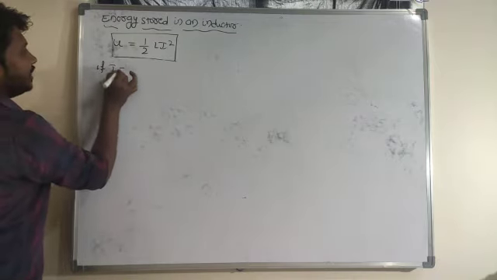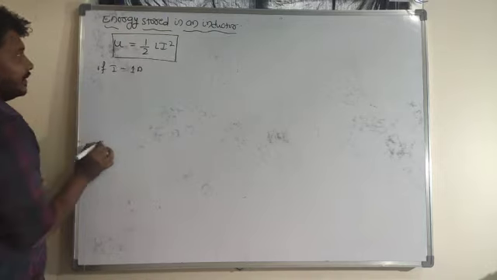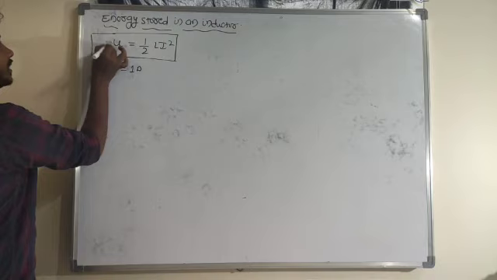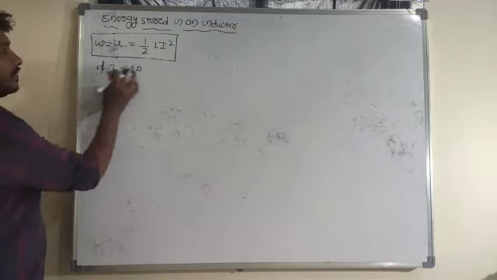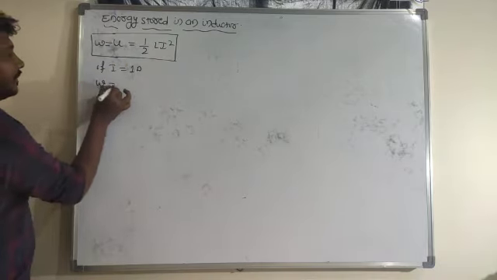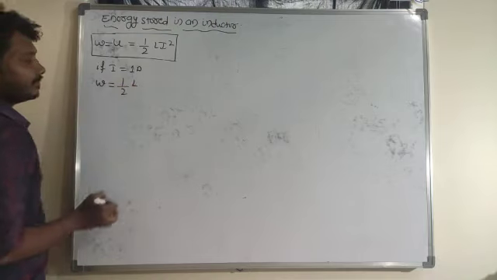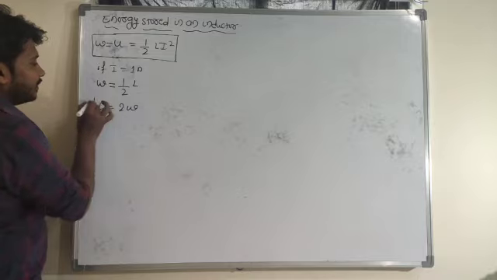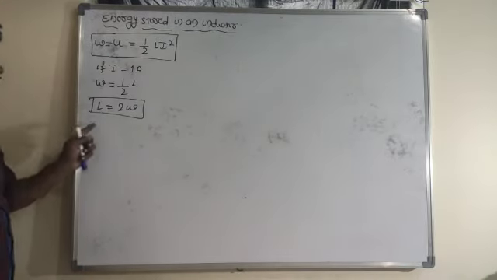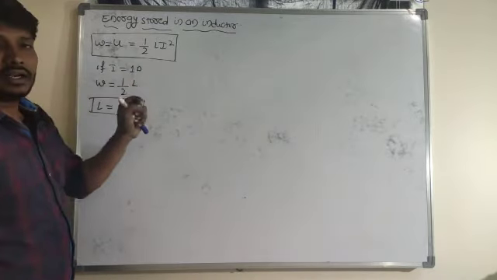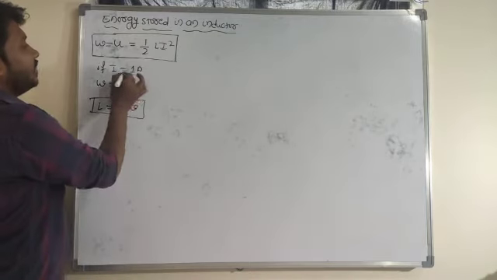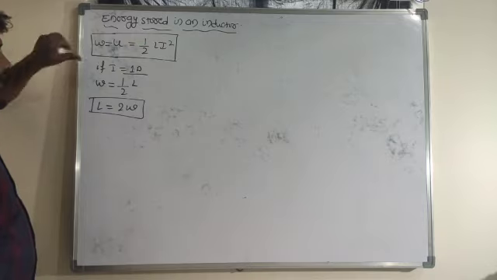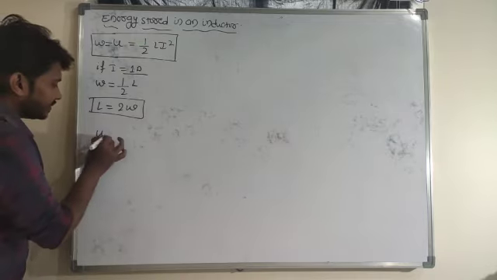Suppose the current I is equal to 1 ampere. Energy is nothing but work done. So if current is equal to 1 ampere, half of L is the work done, or L is equal to twice the work done. So self inductance is twice the work done when a unit amount of current, or 1 ampere of current, passes through it.